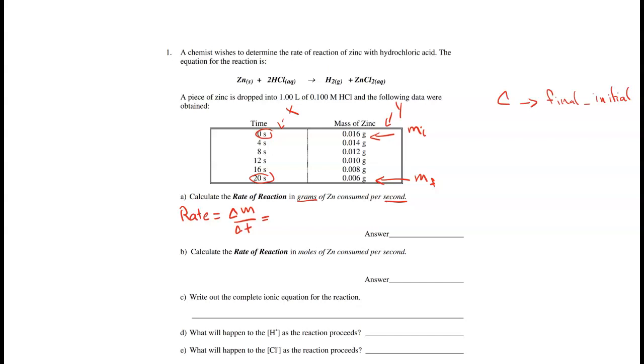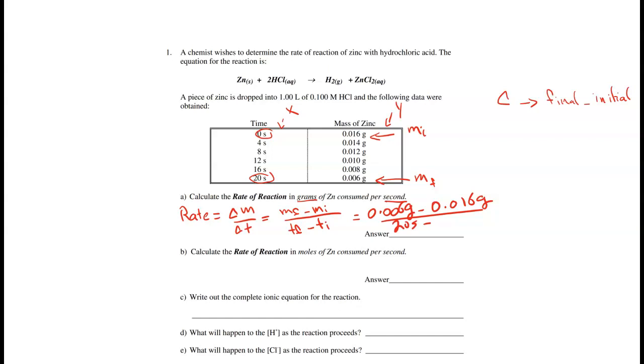Second minus the first. So in this case, we're going to have the final mass minus the initial mass, divided by the corresponding time, so the final time minus the initial time. And the numbers that correspond to these values, or these amounts, we have 0.006 grams minus 0.016 grams, and that should be divided by the corresponding times, 20 seconds